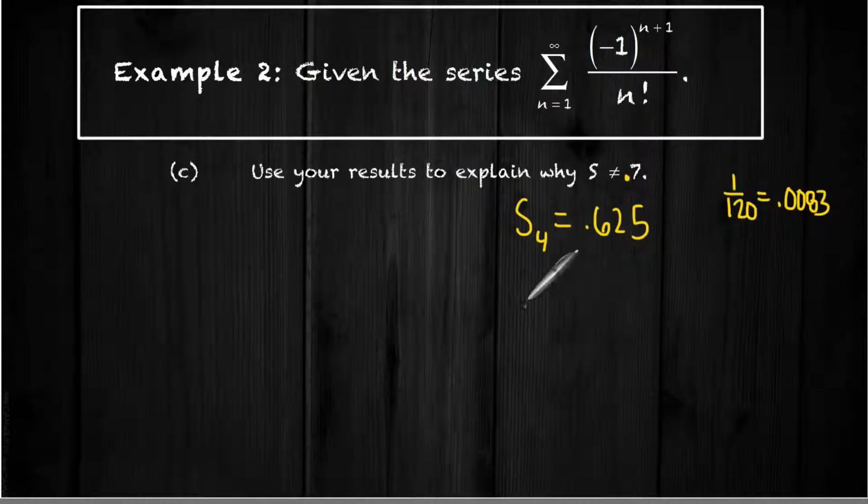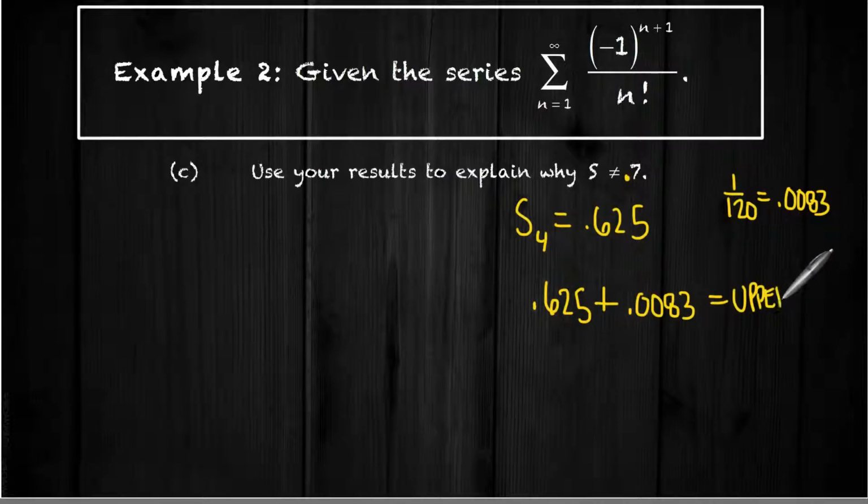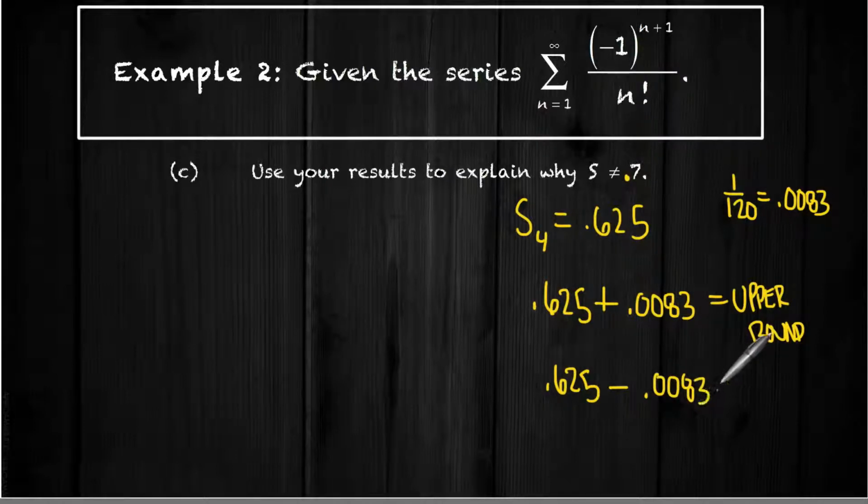0.0083. So if we take our approximation and we add to it 0.0083, we will get an upper bound for our sum. And if we take our 0.625, our approximation, and we subtract the value of the first neglected term, we will get a lower bound for our sum, approximation. And so if you work those out, basically what you have is